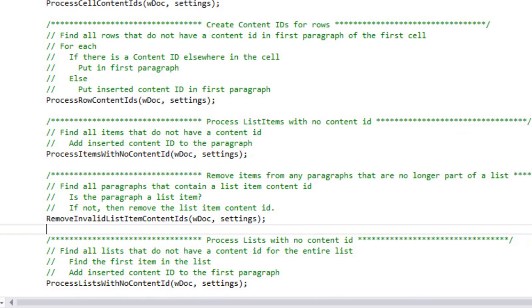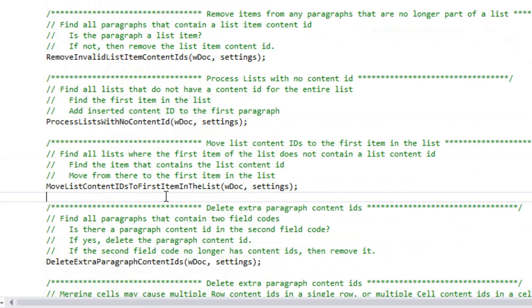Now, we have the situation where we had a paragraph that was part of a numbered list, so it has the list content item, and it also has a list item content item, and yet this paragraph is no longer part of a numbered or bulleted list. So in this scenario, we can just go in and remove those content items. We've already done the processing to move any list content items up to another list if necessary. So in other words, if a paragraph was changed so that it was no longer part of a list, and that paragraph contained a list content item, that list content item got moved to another paragraph that is part of